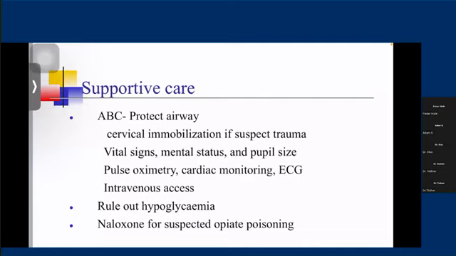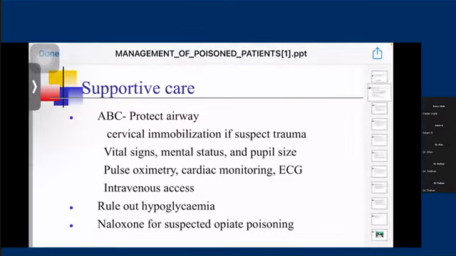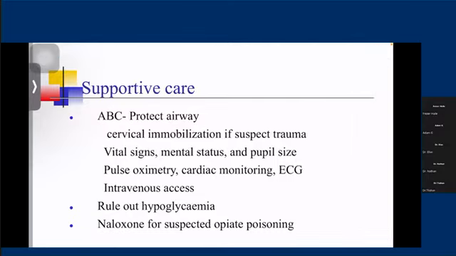When we protect the airway, we can then proceed to the next step. One thing we should not forget is cervical immobilization. In a patient who presented with poisoning, especially alcohol poisoning, when they are drunk, they can be on highways and can sustain road traffic accidents and pedestrian injuries. So they can concomitantly present with head injury and also cervical injury. The priority should always be immobilizing the cervical spine. We should not only consider poisoning; you have to suspect that the patient can also have concomitant trauma.